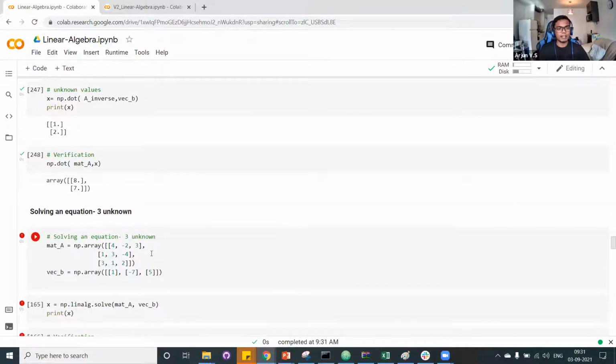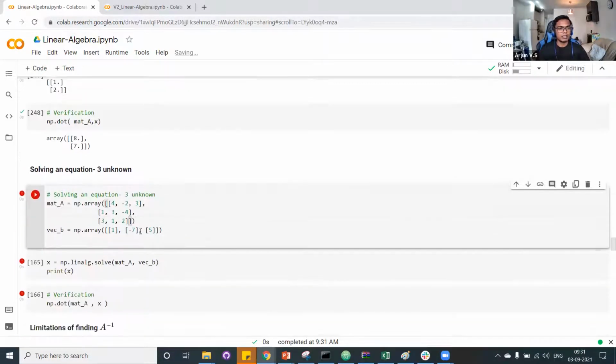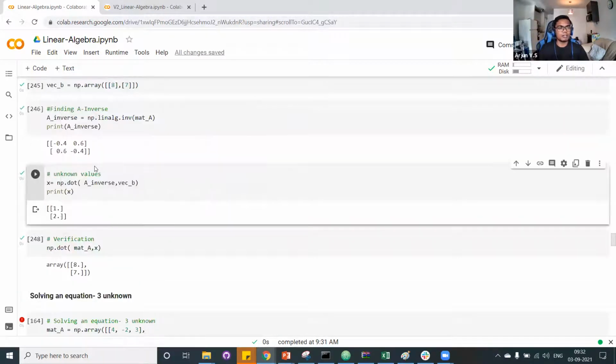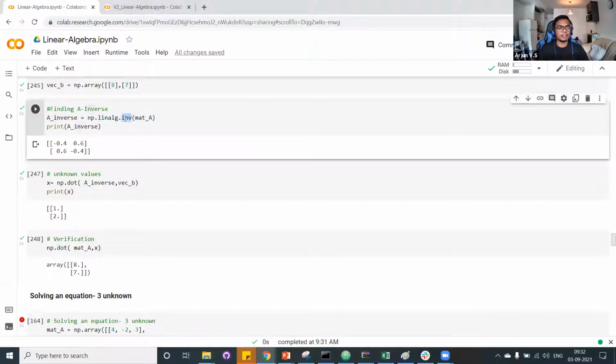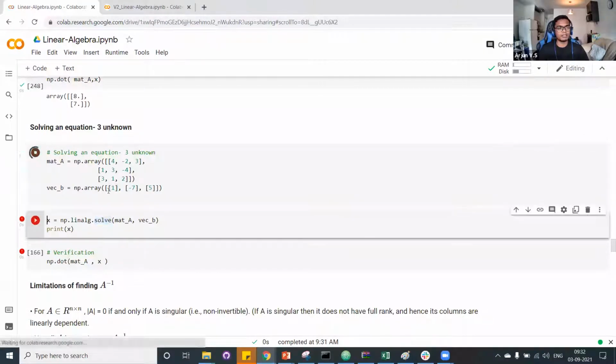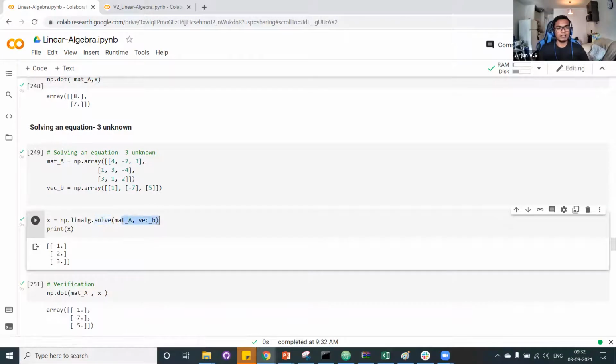So the concept would be very similar for the 3 unknowns also. Again, define it as a matrix, and then have the right hand side values as a vector. Here, if you want, you can solve it through linalg.inv and then use a dot product, or else Python provides you a solution where you can directly use linalg.solve to solve an equation, and the value of x equals -1, y equals 2, and then z equals